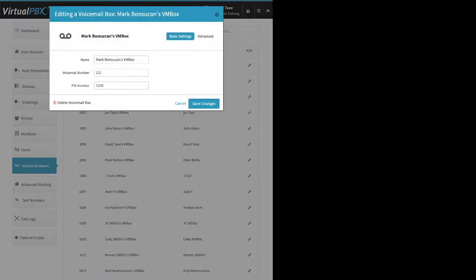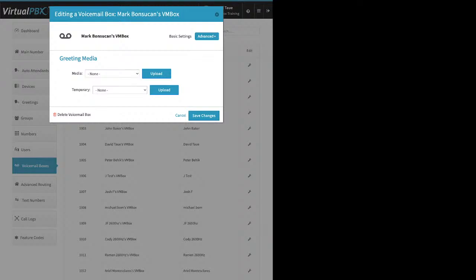Once a voicemail box is created, you can click on the wrench. So this allows you to review the information so you can call in. If you need to call in on that voicemail box, now you know the voicemail box number and the PIN number. If you go to Advanced Reading Media,